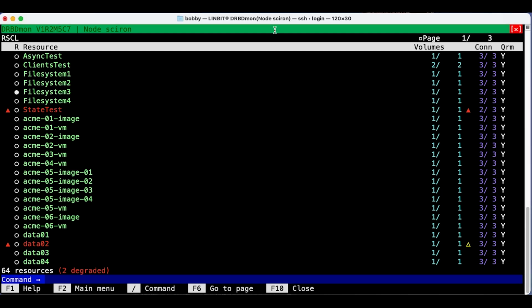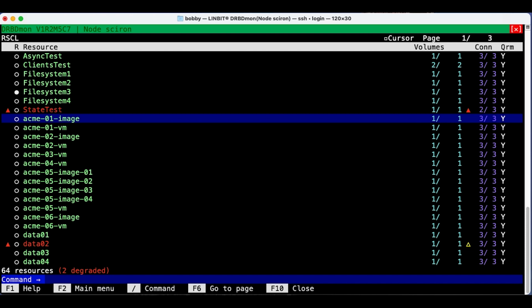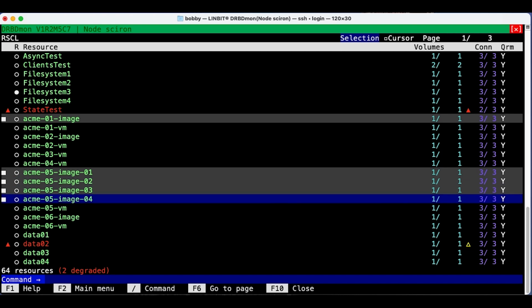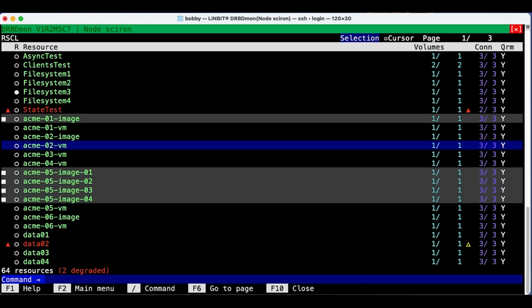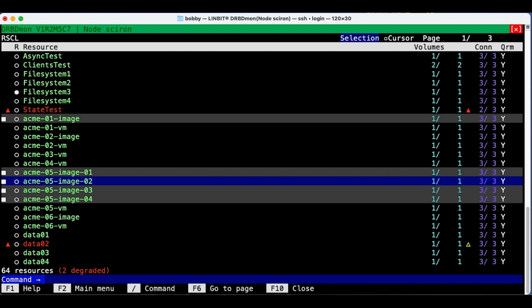It is possible to select multiple items in DRBDmon and run actions on them. To do that, first of all, you have to be in cursor mode. So you press the tab key to go to cursor mode so you can navigate. And then using the space bar, you can select items. And you can also deselect items that you, for example, selected by accident by going to a selected item and